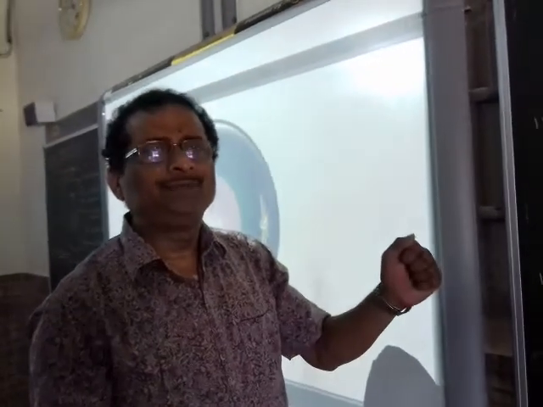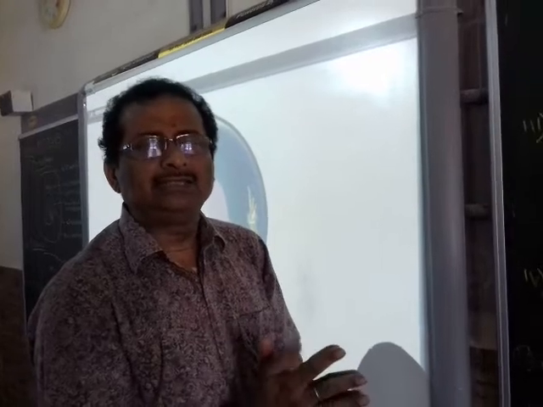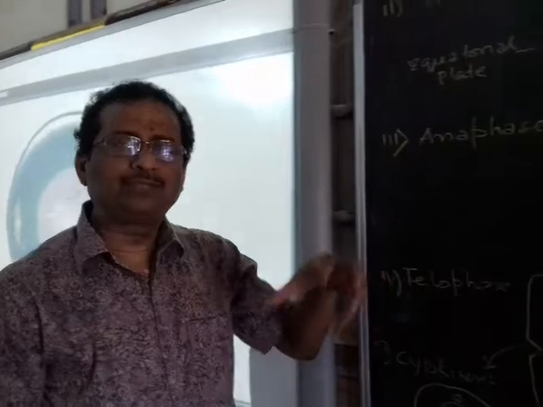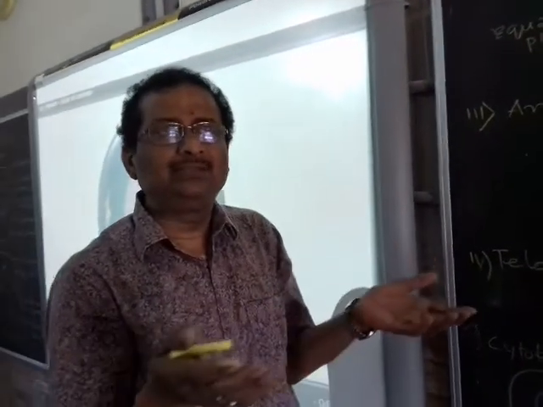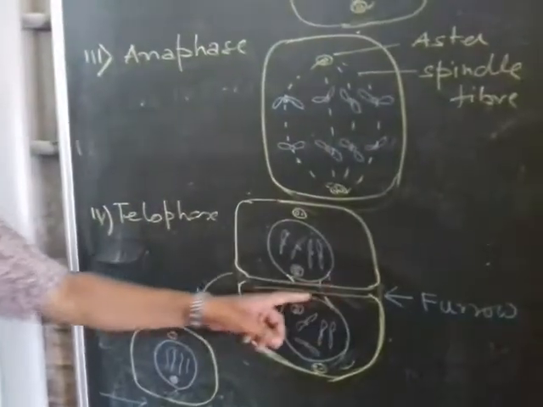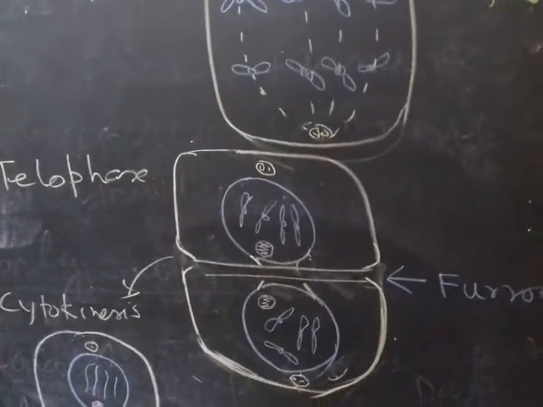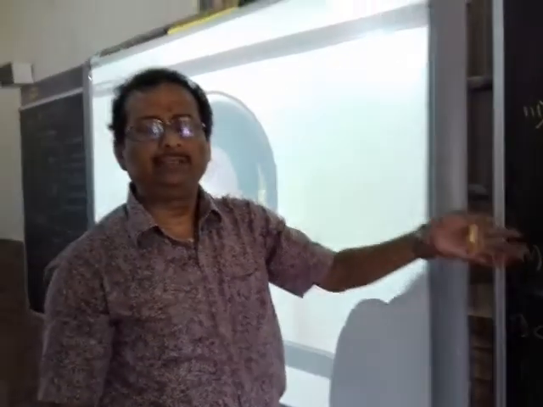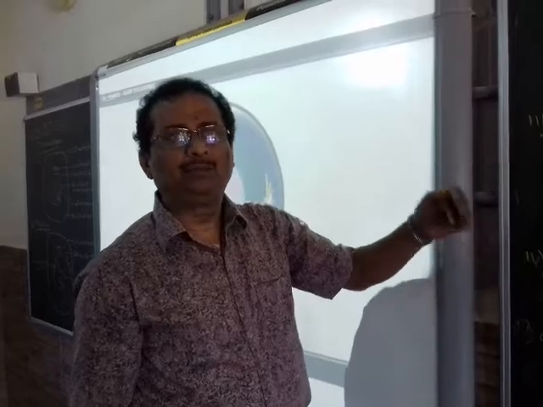In a plant cell, almost the same thing takes place, but there is a little bit of difference in the cytokinesis, because the plant cell possesses the cell wall, and the cell wall is rigid. So since the cell wall is rigid, the invagination cannot take place from outside to inside. It takes place from inside to outside by the formation of the cell plate. We'll discuss later the difference in the cytokinesis in an animal cell and in a plant cell.